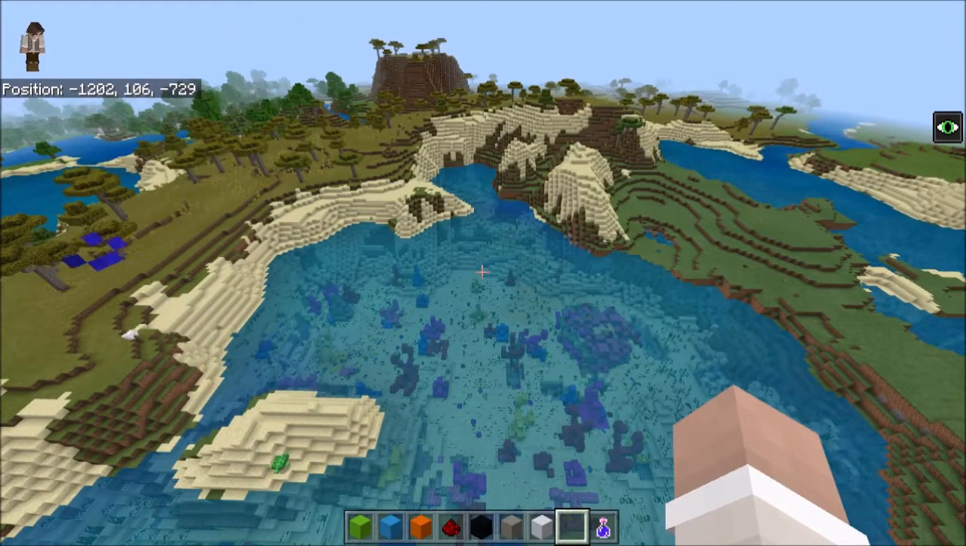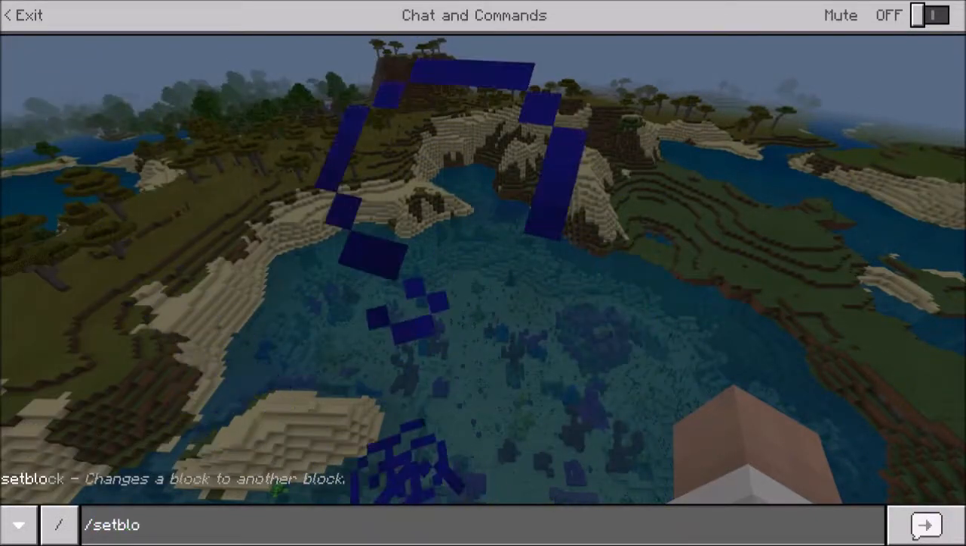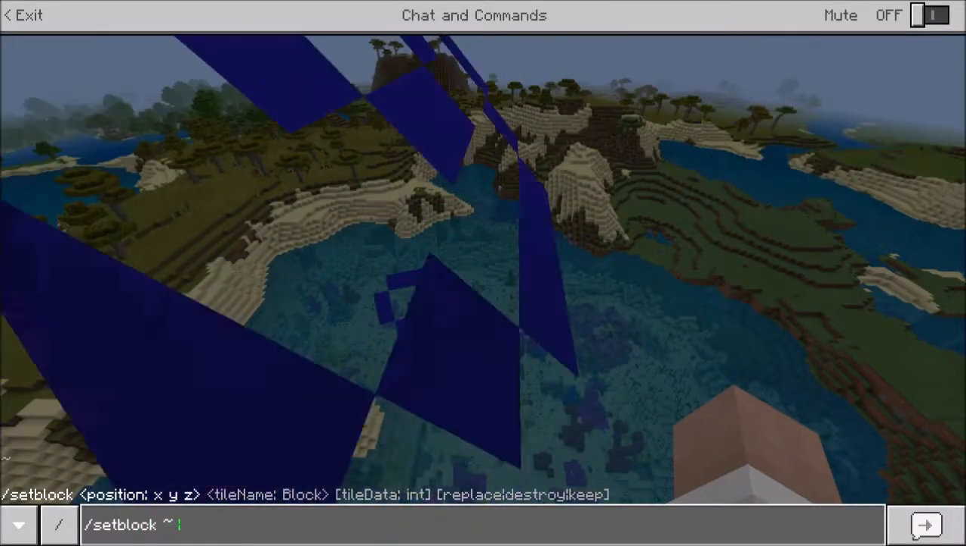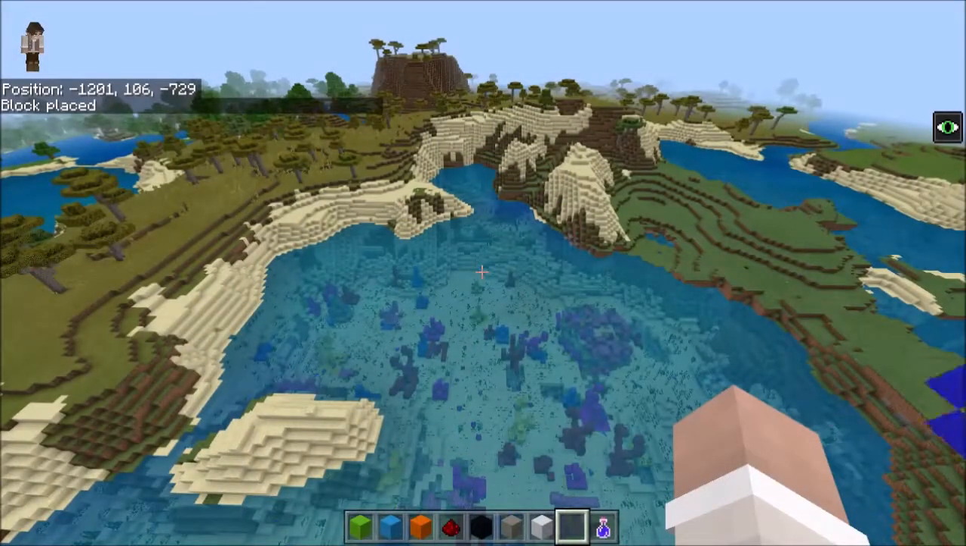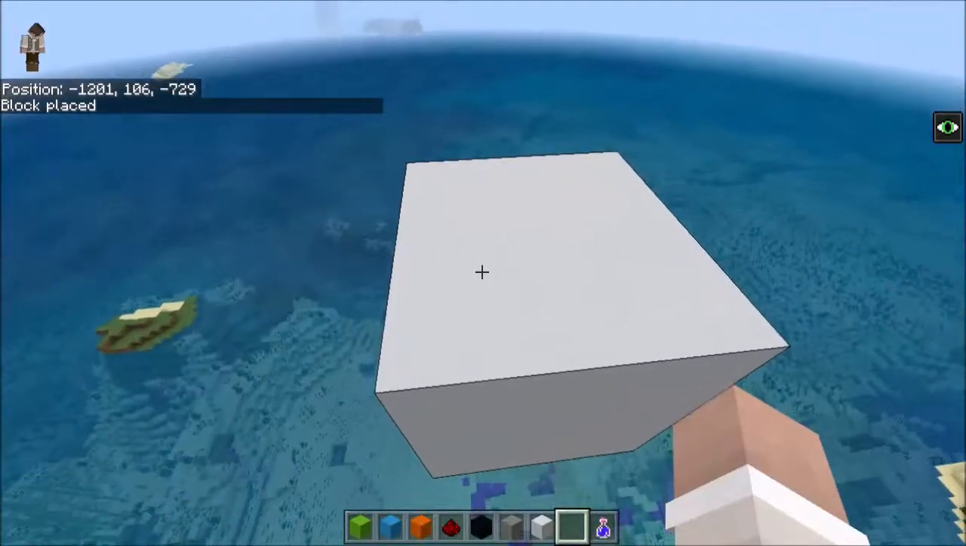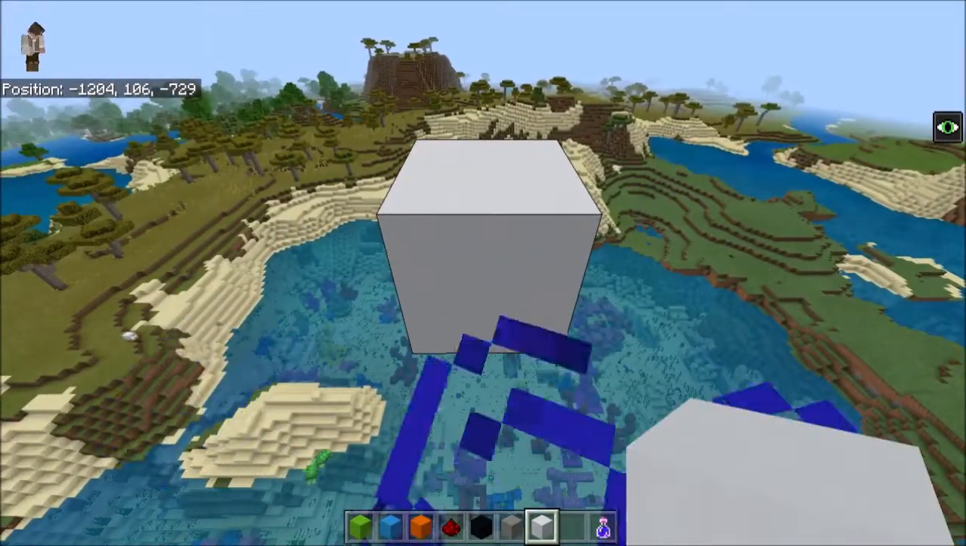The first thing I'm going to do is create a starting block using the setblock command. So I'm going to be using /setblock ~ ~ ~ concrete, and there it is behind me. I'm now going to switch to white concrete,